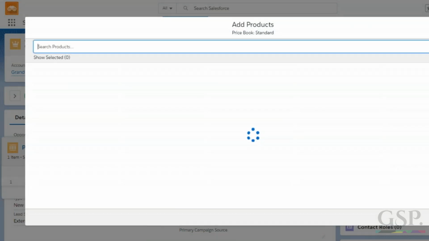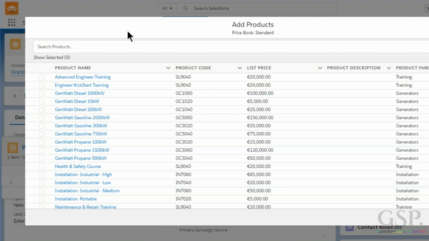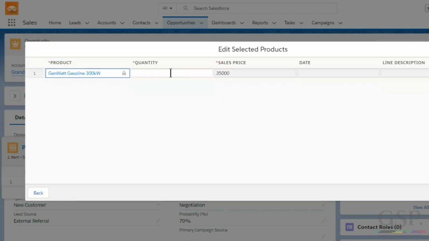Do you know what? I find it even more frustrating because first of all, products that you've previously looked at or previously selected on other opportunities get in the way. So you can see I don't want one of these products at the moment, but they're hiding it. And in this Salesforce environment, we haven't got that many products, I think about 25, 30. The height of this pane was recently introduced, but nevertheless, I've got to go through, so I'll choose that generator and go through an icon. That's not too bad. That bit of it is a little bit easier than it is in Classic, but I could go through and